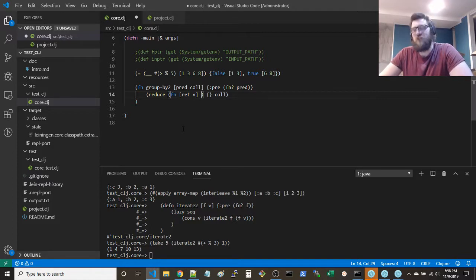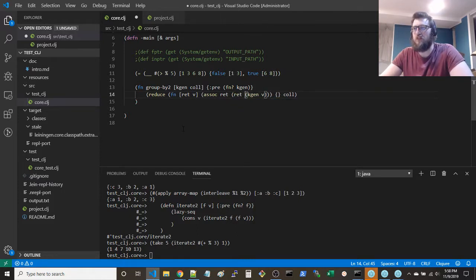So you want to associate with ret and return it. The key is going to be f, or predicate, applied to, or keygen, we'll call it. So call it keygen. So call this function, and you're going to say keygen of v, you're going to get from ret.